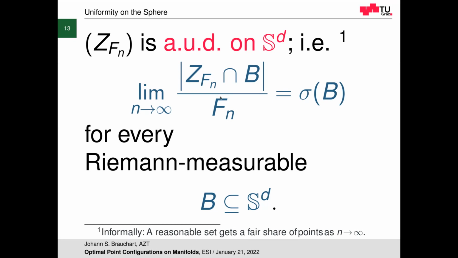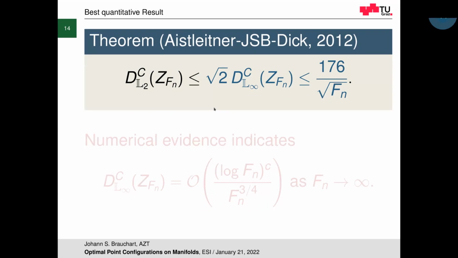And in order to quantify that, we can look at other quantities, and I'm not going to define them, as they are not the primary focus of my talk. So I just hope that you accept that we know these quantities, the L2 discrepancy and the infinity discrepancy. As far as I'm aware, that's the best possible quantitative result we have. Christoph Aistleitner, myself and Josef Dick proved in 2012 that the infinity discrepancy can be bounded by a constant divided by the square root of the number of points. Unfortunately, that is not